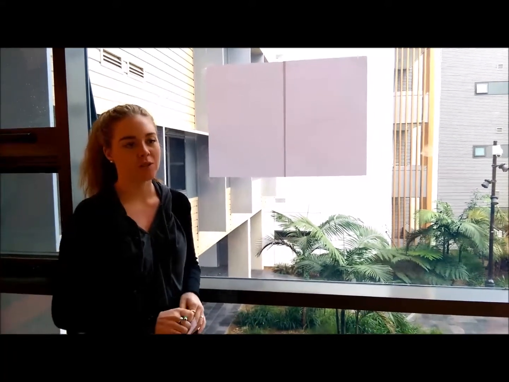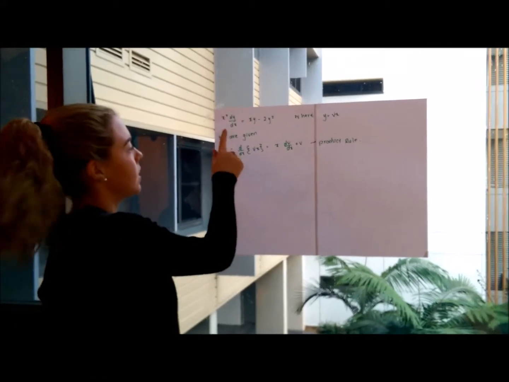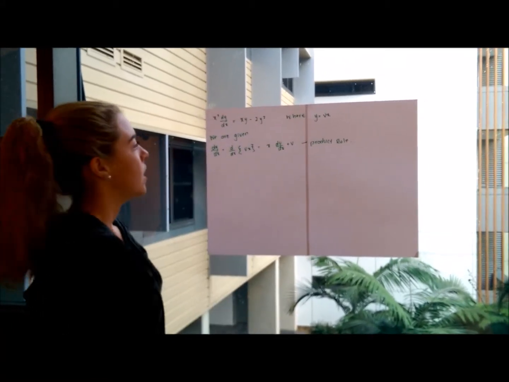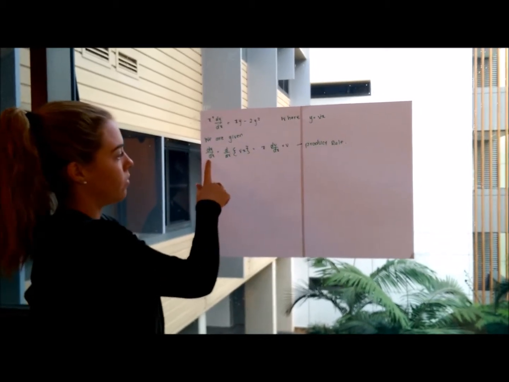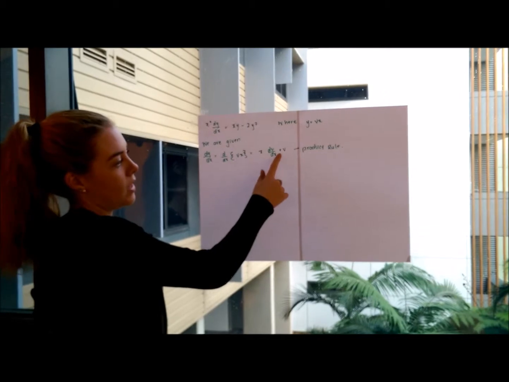Okay, so we're doing a first order homogeneous equation, solving by substitution. To do this, we have to transform it into a variable separable equation using y equals vx. The question we're given is x squared dy over dx equals xy minus 2y squared. And we're given this substitution, and for dy over dx, we have to substitute in x dv over dx plus